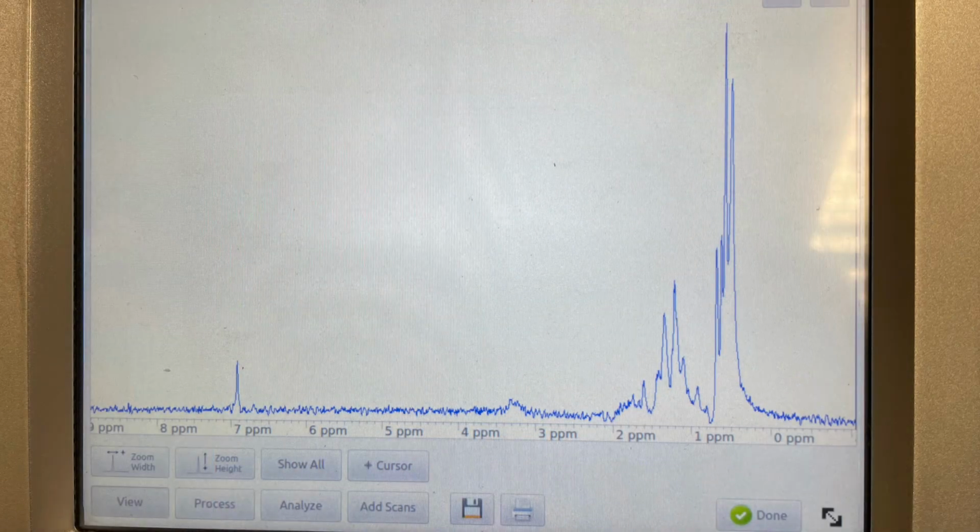Here's an NMR, ain't she purty? Actually, not really. So remember, this is a 60 megahertz instrument, so the resolution is kind of poor. But what I could have done is probably run more scans. So when you run an NMR, you put in the number of scans that you want to run. So let's say 12 scans, and then you get an NMR. So the more scans you run, the better